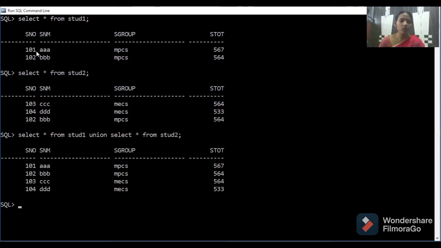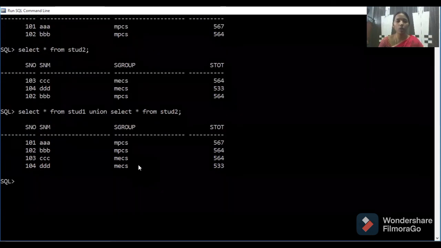The rows from the first table as well as the second table. But which row is not coming? The 102 BBB MPCS row is not coming. Why? Because if any row is common to both tables, that row will be excluded in the union operation.